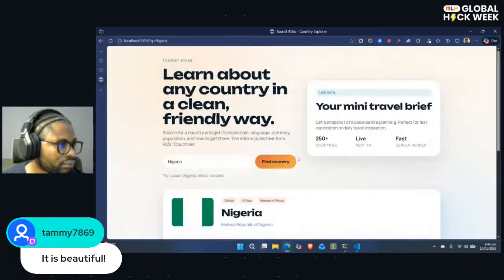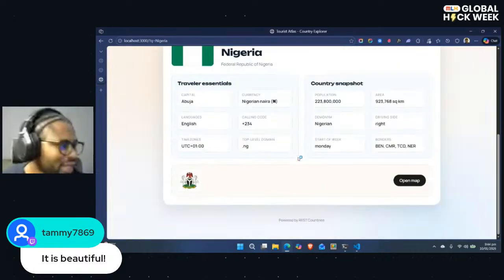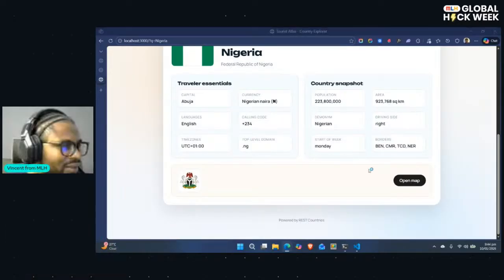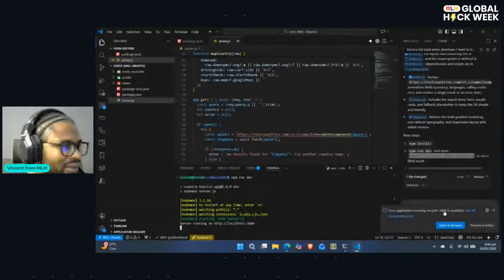Yeah, Tammy, that is what the API you gave us came up with. I think we can do something fun here for the map. I want to show the map on the screen. I don't want the map to open externally. I can literally tell it to do that, right?